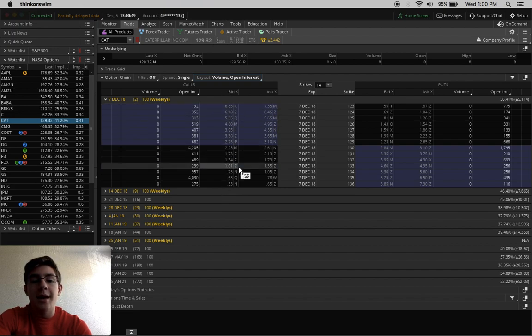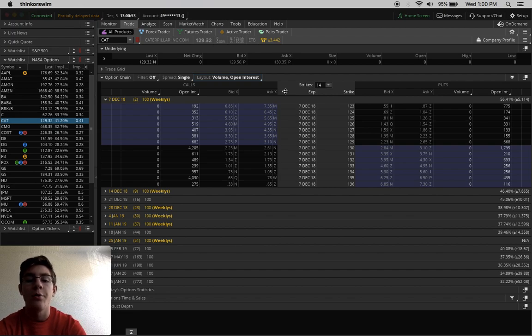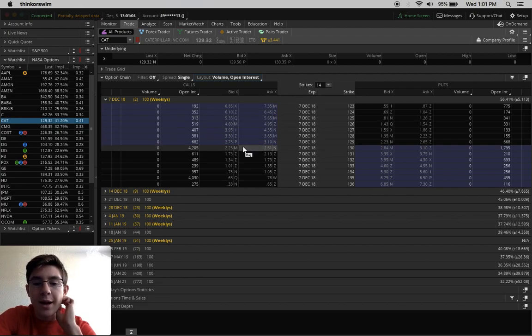Again, the bid and ask is the same thing as with a stock price. We have a bid and ask. The bid are all the buyers and how much the buyers want for the stock, and the ask is how much the people selling it want for the stock or the contract. So this is important because if you have a large bid-ask spread, like see here 225 and 261, that's about